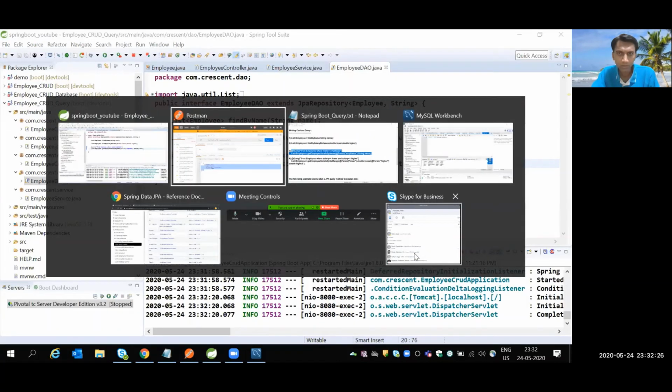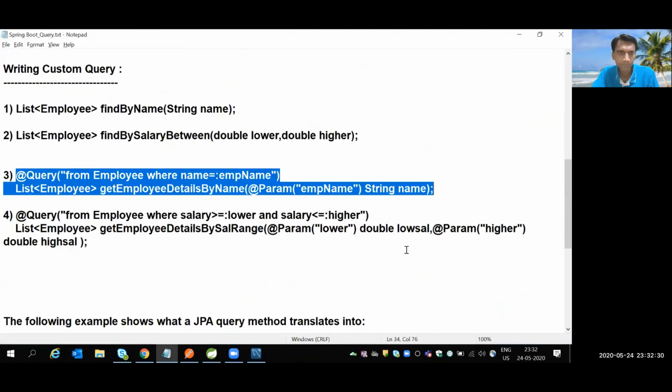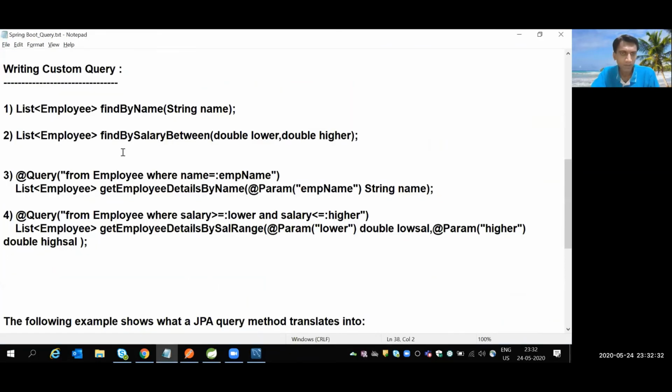So let's go for one more @Query annotation example. Initially, I found the salary between lower range and higher salary with the help of findBySalaryBetween. Now I want to convert the same query using the @Query annotation, with lower salary and higher salary.